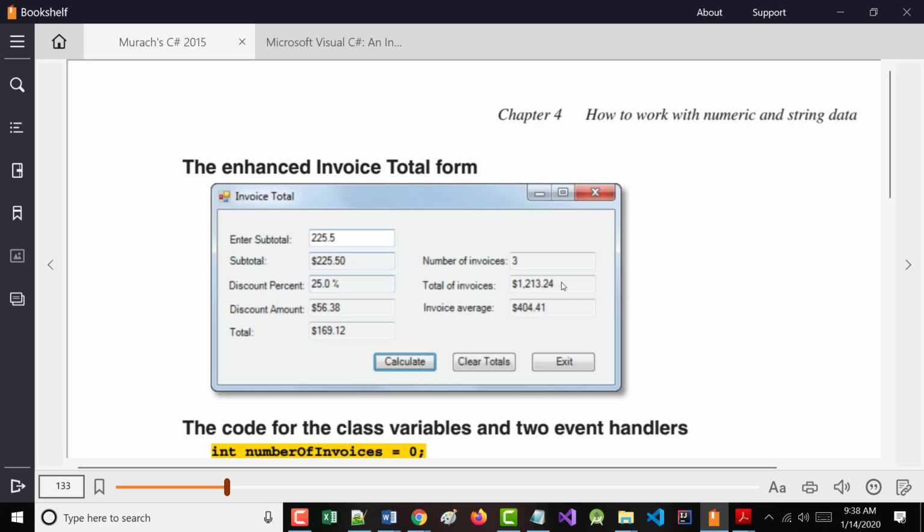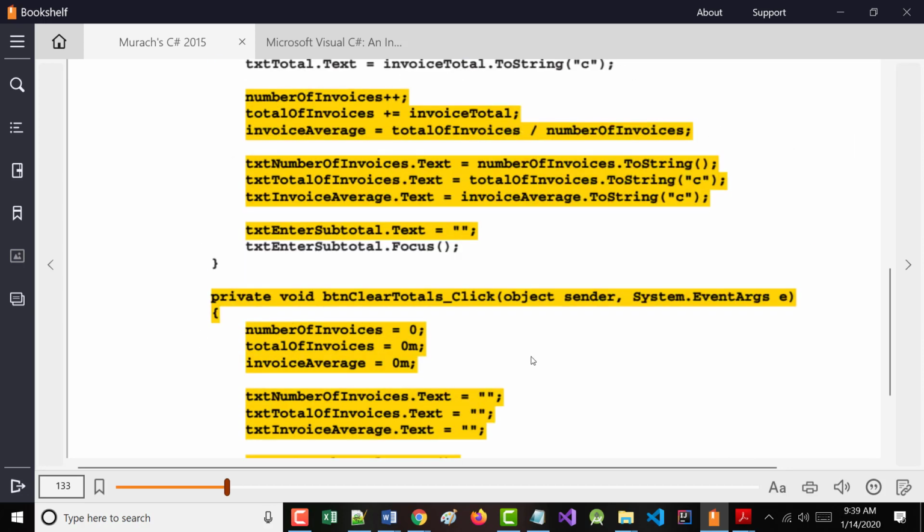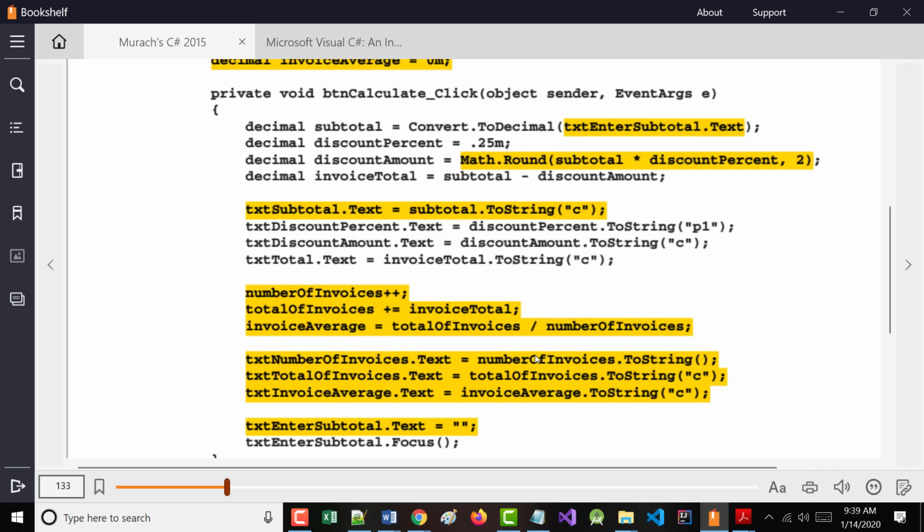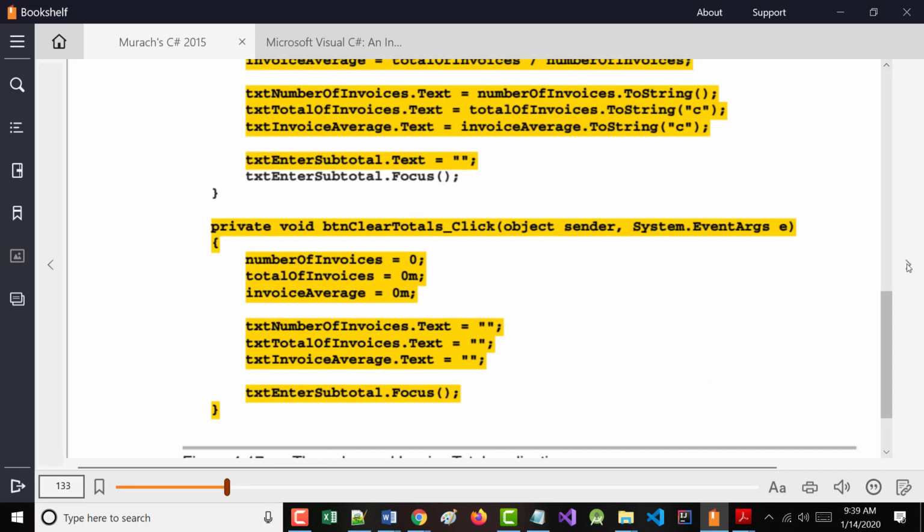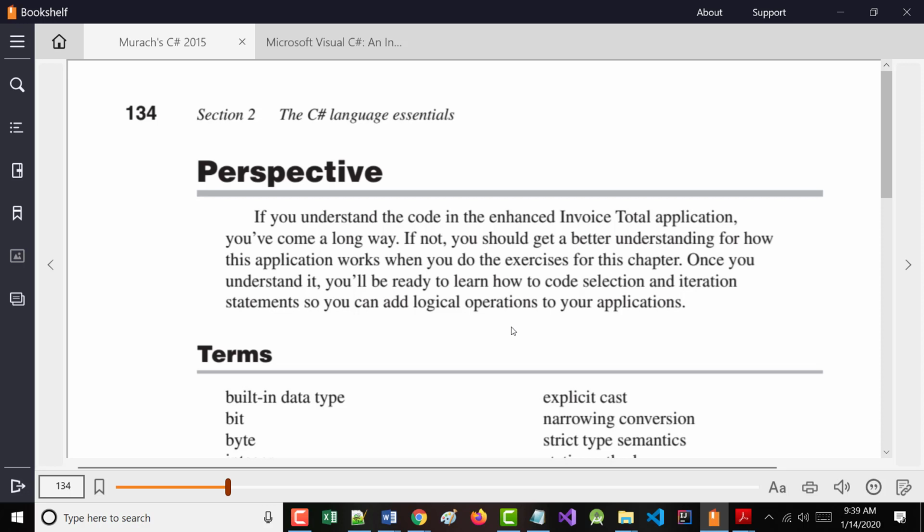Does that make sense? These things are called accumulators because they are accumulating the total number of invoices, the total invoice amount, and the total average invoice. All right, so it's going to involve, as you probably guessed, more code. And that's it. So